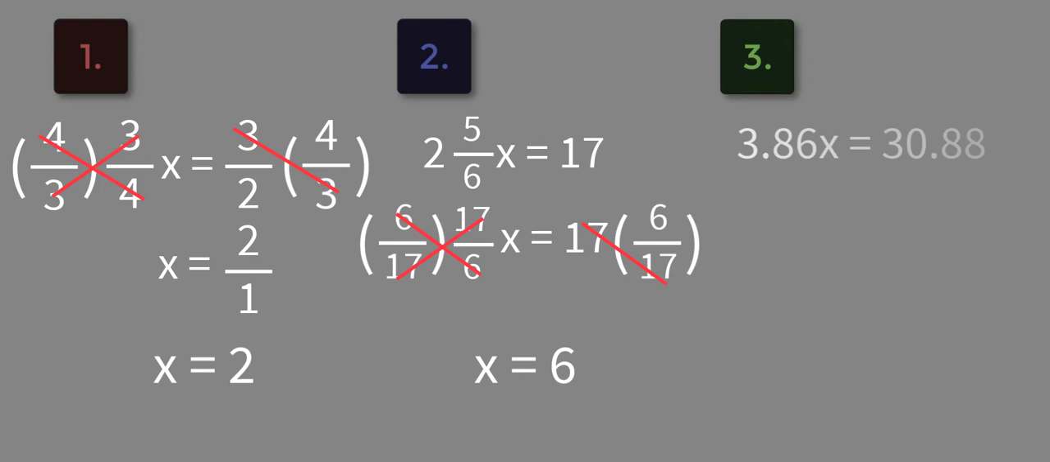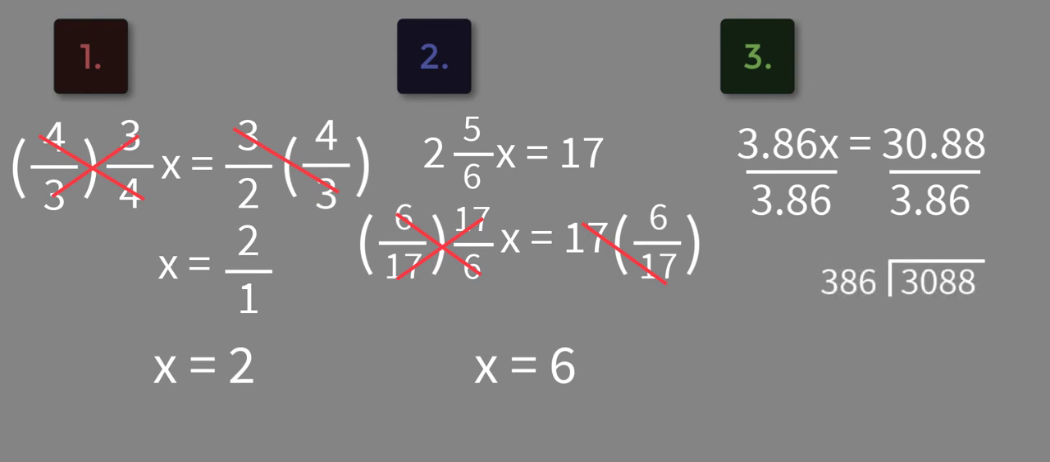Now, 3.86x equals 30.88. It's a decimal coefficient, so we'll divide both sides by the decimal coefficient. Everything else is pretty much the same as it has been in the past. We'll go ahead and use our long division. Move the decimal place over 2 places, and we're left with 3,088 divided by